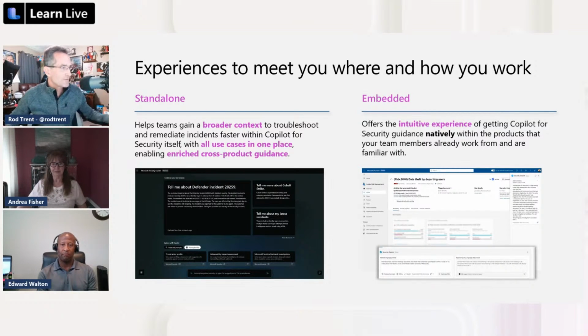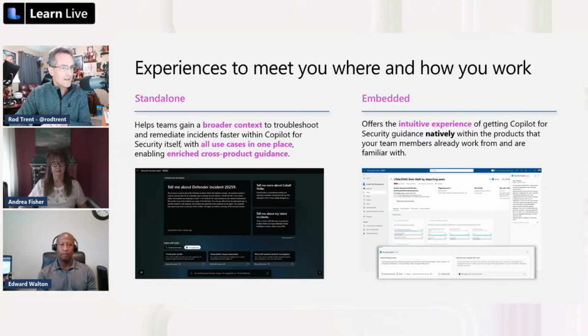The other thing I think is also important to highlight is there are actually what we call 2 different experiences to Copilot for Security, just 2. But why 2? I've run some surveys and polls recently on which experience people were most anticipating using, and most of them were wanting to use the embedded, because that is built into things like the Defender console, the Defenders that we have, Entra, Intune, what else?